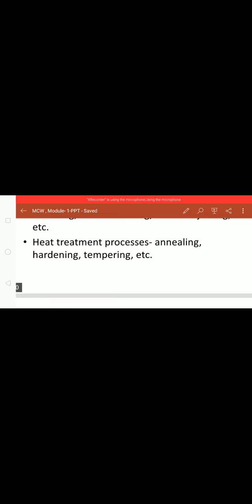With these processes we can change the finishing, tolerance, dimensional accuracy and surface finish of the work part.